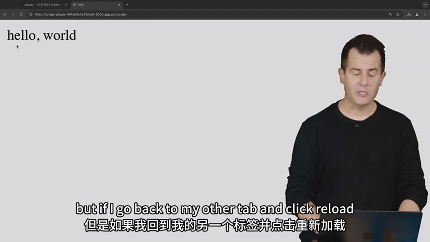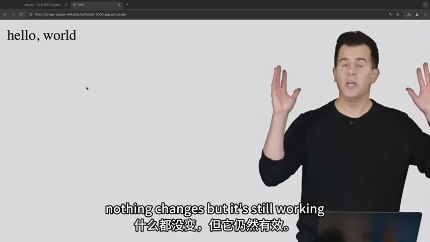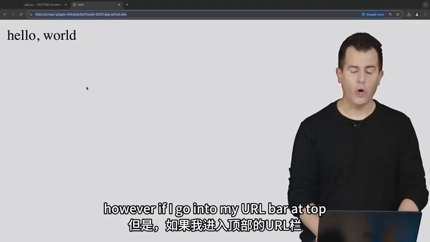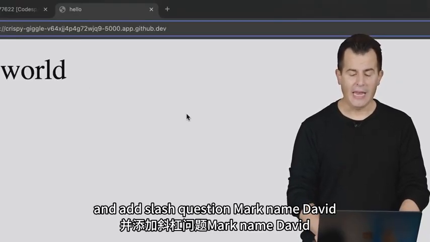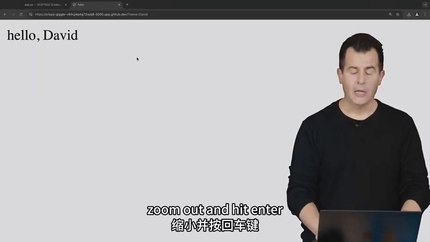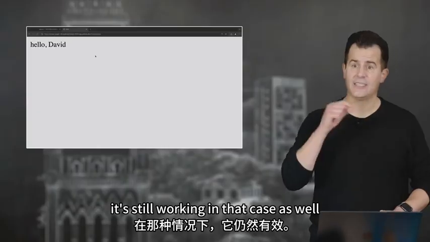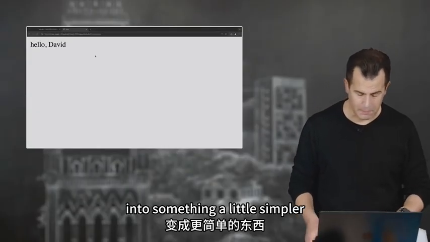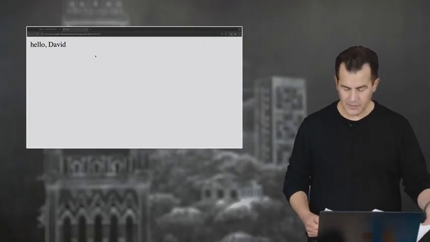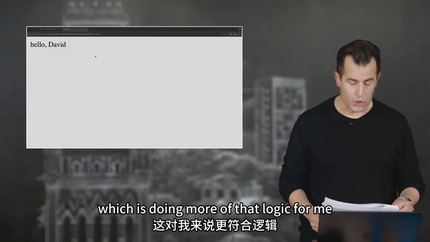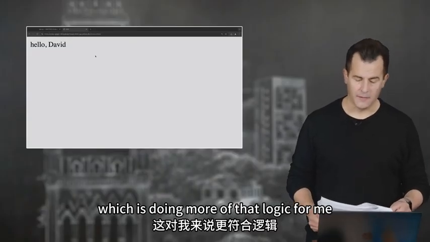So the behavior now is going to be no different. But if I go back to my other tab and click reload, nothing changes, but it's still working. It's not showing some error. However, if I go into my URL bar at top and add question mark name equals David, zoom out, and hit enter, it's still working in that case as well. But I've distilled those 4 lines of logic now into something a little simpler by actually having now a use of the get method, which is doing more of that logic for me. All right, so